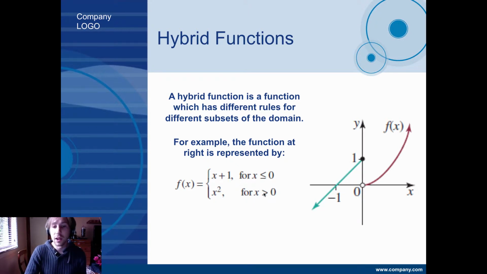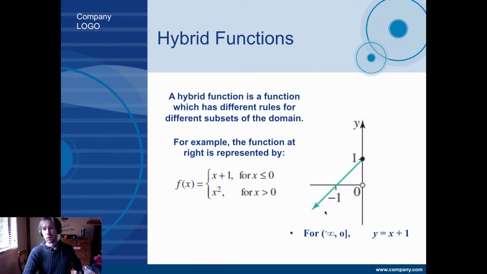But for any x value above 0, it's equal to x squared. So for any x value above 0, it's got an x squared graph. Let's have a think about that in a bit more detail. From negative infinity to 0, that is any x value below 0, inclusive by the way, it has the